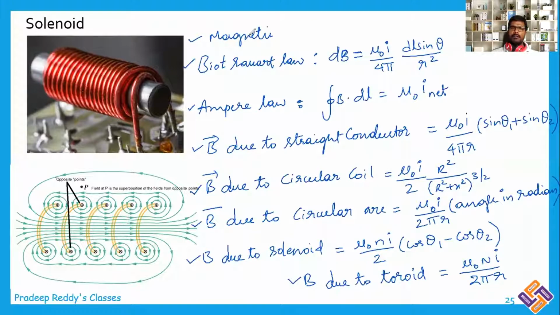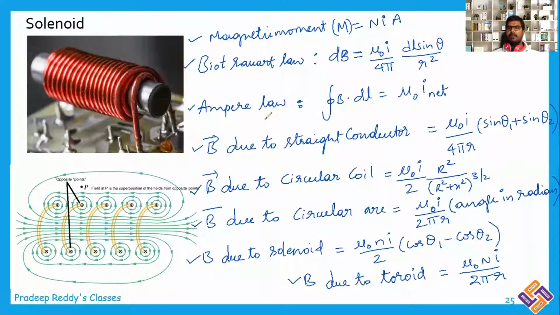Magnetic moment, capital M is equal to NIA, where I is current in the conductor, A is area of cross section, and we have even calculated magnetic moment of electron revolving around the nucleus. Those all equations you need to learn by heart in order to solve problems.